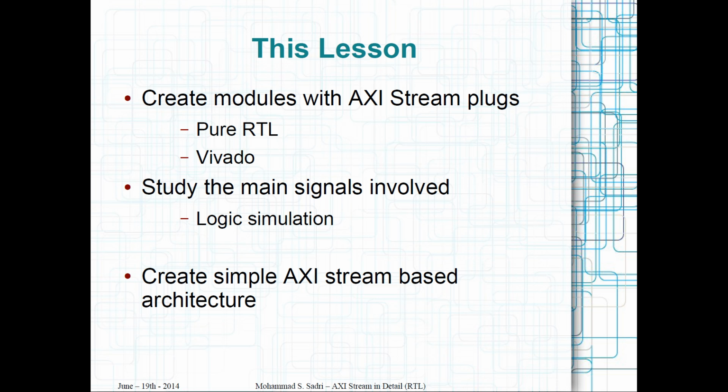Since I have talked about the ZYNQ architecture a little bit, you should have a clue of what the ZYNQ PS is and what AXI interfaces are available in it. So I don't see any problem using the ZYNQ PS inside my design. Okay,